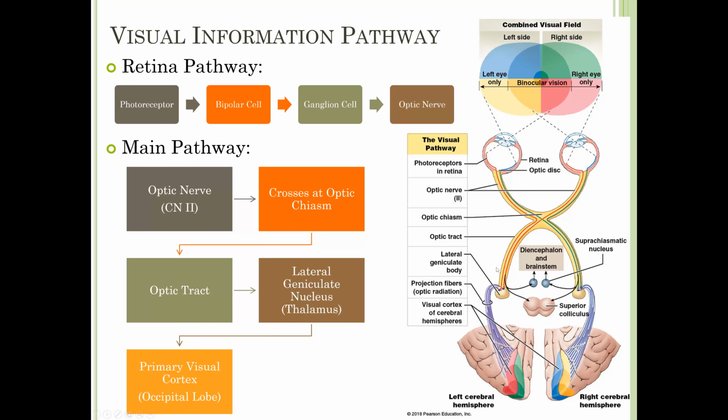After the optic chiasm, we call these nerves the optic tracts. Then they are going to go to the thalamus, because remember, all sensory information except for olfaction is processed and relayed through the thalamus. Specifically, visual information goes to an area of the thalamus called the lateral geniculate nucleus, or the LGN. And then from the thalamus, signals are going to travel to the primary visual cortex, which is in the occipital lobe. And there is a map in this cortex that maps out to all of the locations on the retina, as we discussed in chapter 15 when we talked about cortical maps.